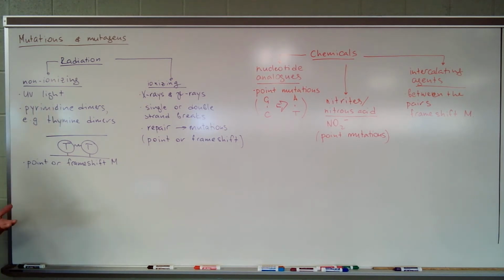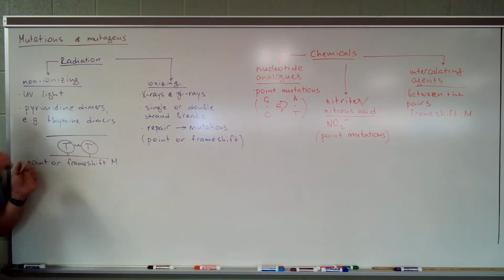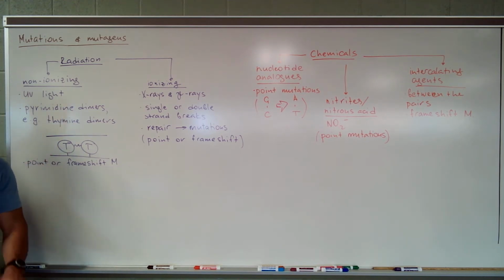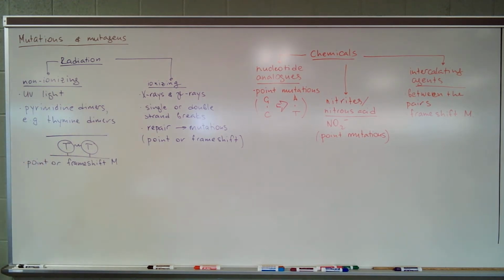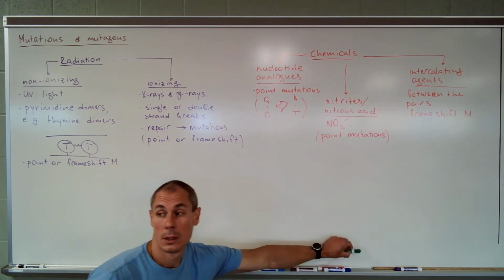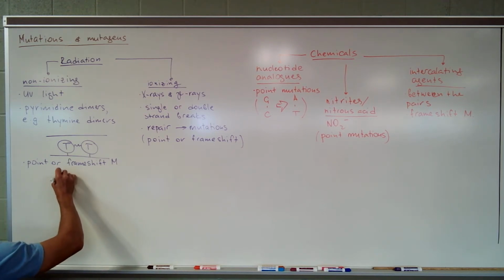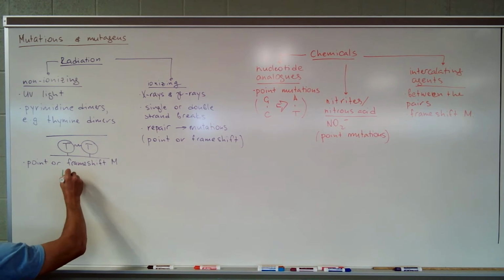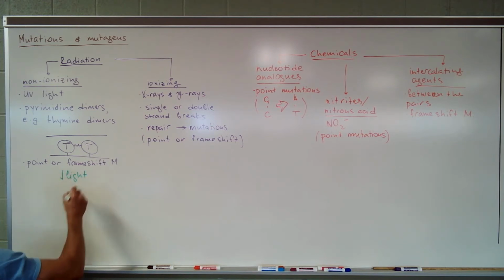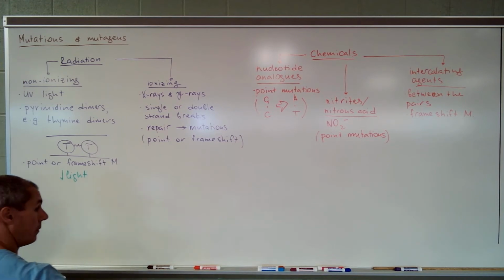So imagine you have DNA that was exposed to UV light, and thymine dimers are formed in that DNA. So how can it be fixed? One way to do that, if the light is still there, so one outcome will be light is still present. So in this case, your thymine dimer